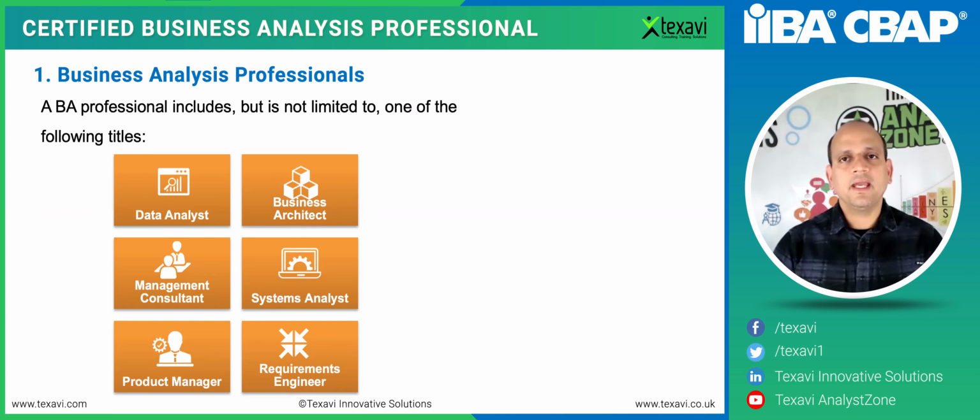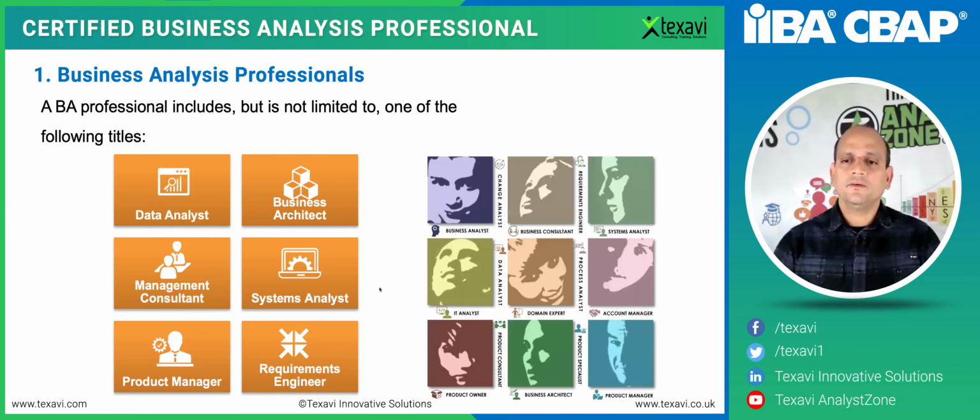And then obviously we need to look at the requirements space as well, owning the requirements and being able to deliver the entire product and owning the product. So there are different titles to the BA professional, as we've seen before. Some are called systems analyst, business analyst, business architect, data analyst, management consultant, business consultant, product manager, requirements engineer, requirements owner. Then you've got process analyst. You've got a whole lot of different titles and different profiles by which the business analysis professional is known.